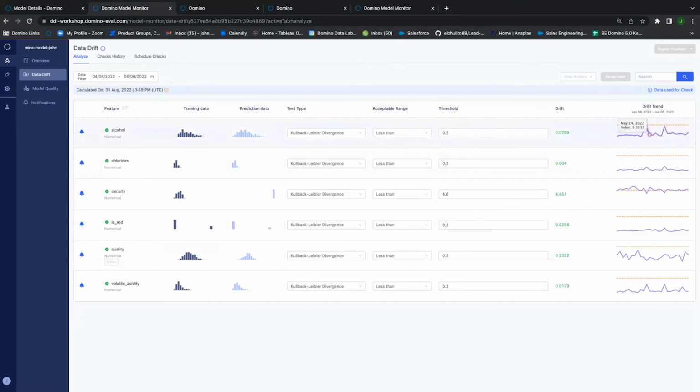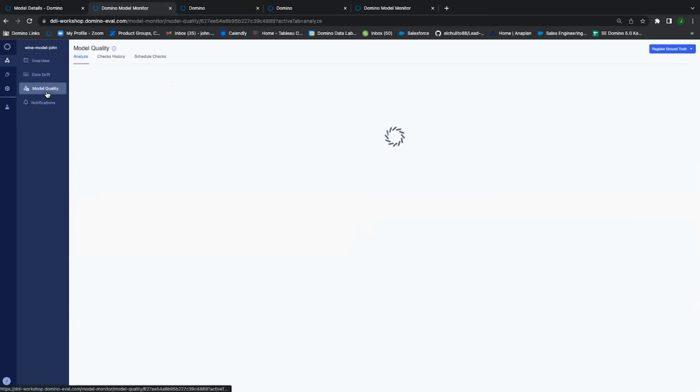And it just gives you an idea, an understanding of whether I'm meeting this threshold or not. And then you can also enable an alert that will be sent to you by email directly, to let you know if you have some form of drift or not. The same will apply directly to model quality.